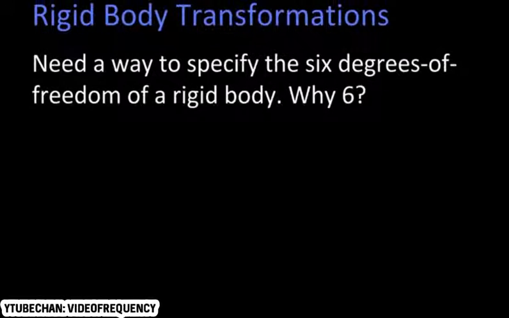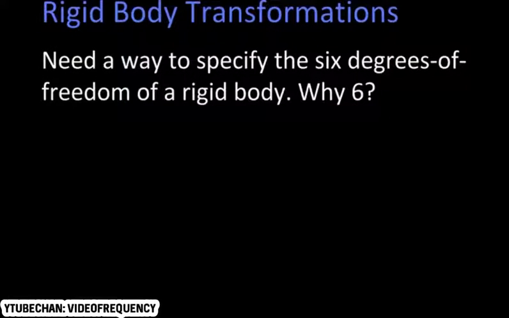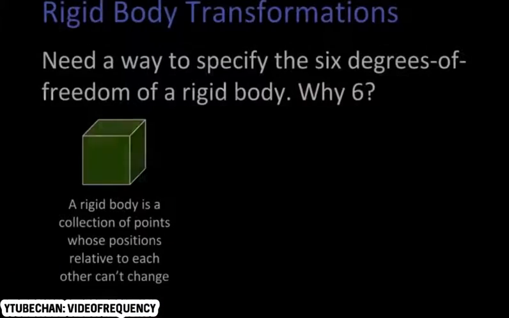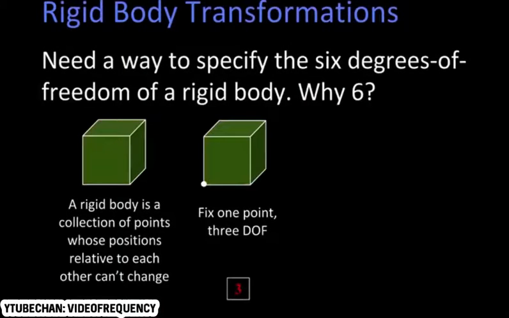But why 6? Well, you can easily think about it this way. Let's define a rigid body as just a collection of points whose relative positions to each other can't change. And for the mathematicians in the audience, we're going to pretend that's a well-defined statement, okay? Or you can think of it as a box. So the first thing I can do is locate that box in 3D. I can take one point of that box, say the corner here, and figure out the x, y, and z location of that box. So that's 3